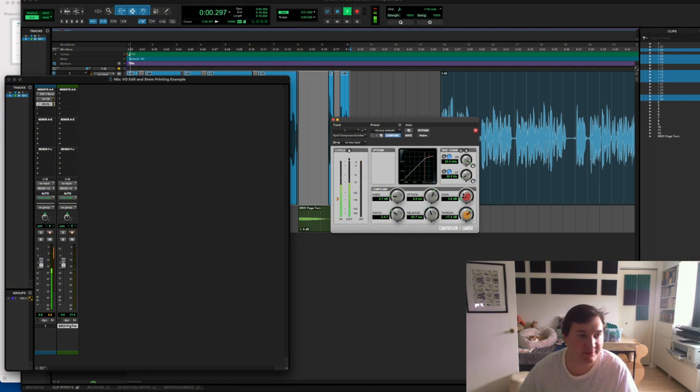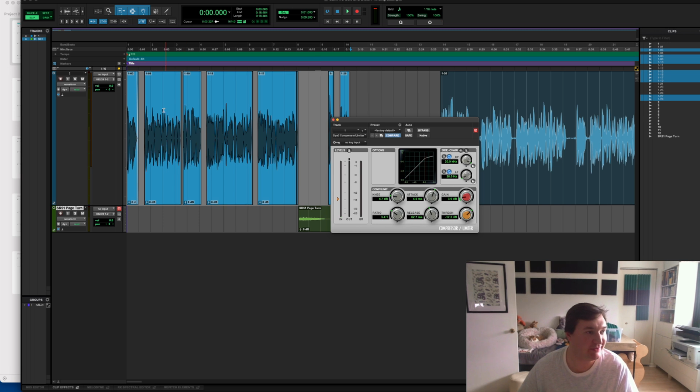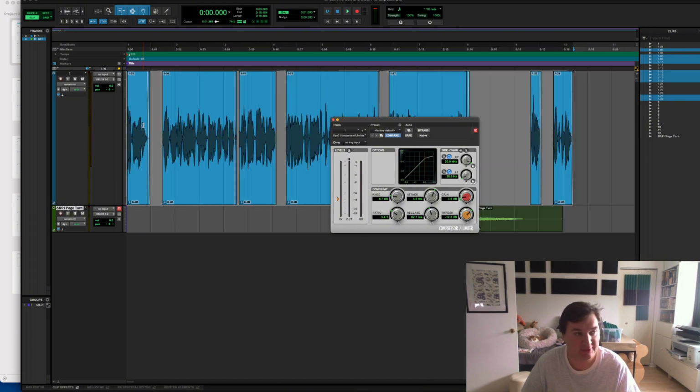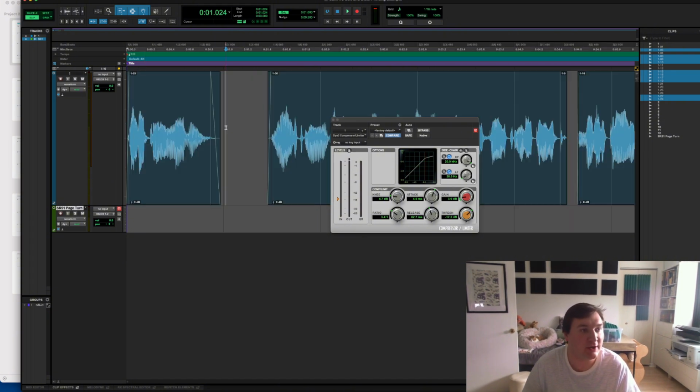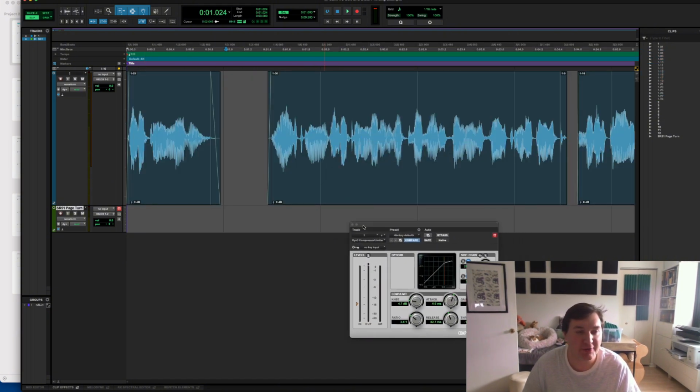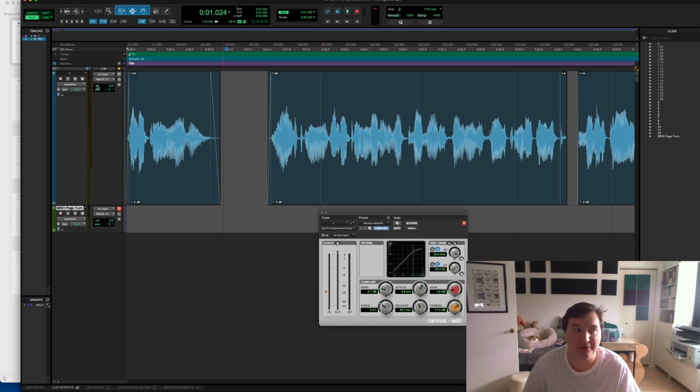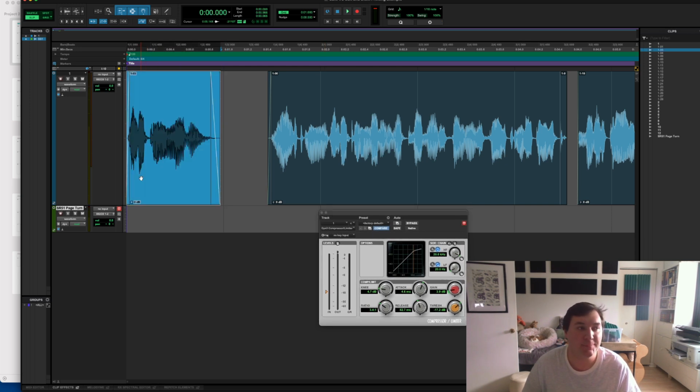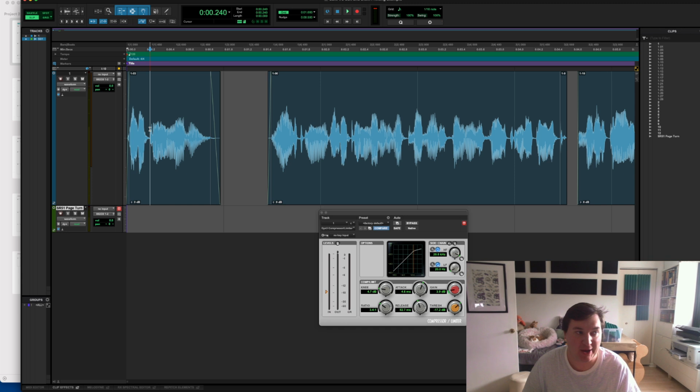Great, okay. That's sounding pretty good. Now, this is something interesting that is going to happen when you're doing this. As you start adding things like compression and start processing it, you're going to notice some weird little things pop up that you might not have noticed before. You might have heard it while we were going through it, maybe not, but let's listen.